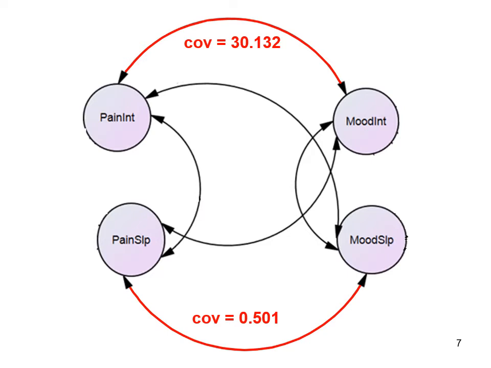And for those of us who are visual learners, I just superimposed those 2 significant associations on this figure. A few points to note. First, by implication, it means that people who have a lower average level of pain also have a lower average level of negative mood, and also people who show more increase in pain over time also show more increase in negative mood over time. I left these associations in covariance or unstandardized metric, but we know from the last slide that they're significant. The one downside of what I've done here is that we can't tell if the intercept association is stronger than the slope association, for which we'd need to express them as correlations.